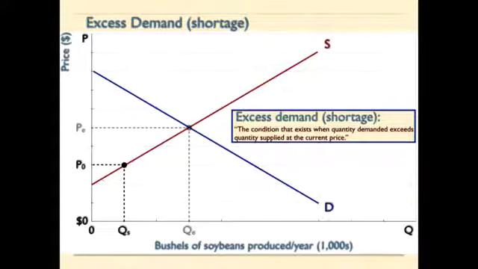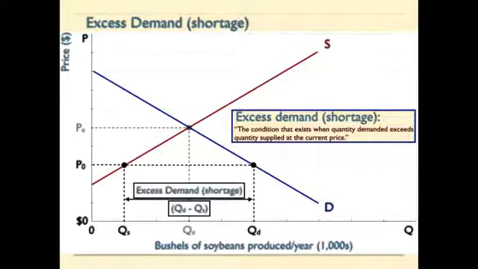So I can draw in any price that's below the equilibrium price. And what you can do is you go from that price and you move across until you hit the first curve, which is the supply curve. So that tells us the quantity supplied. And we also want to know what the quantity demanded is. So at that price, we continue along until we hit the demand curve, and that tells us quantity demanded. So at this price, we can see that quantity demanded exceeds the quantity supplied. So that amount at that price is the excess demand or the shortage, and it's equivalent to quantity demanded less